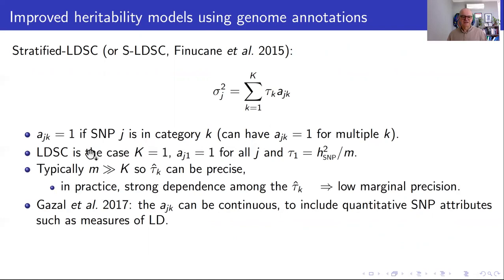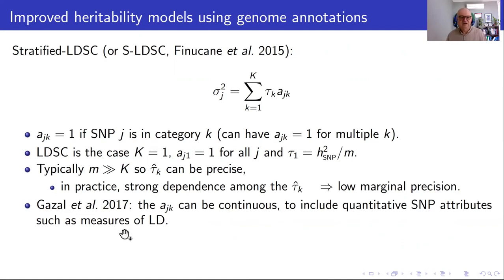And LD score is the original LD score is the special case of just one category, but now they allow many functional categories. It doesn't really matter how many in a sense, because we've got on the order of millions of SNPs. So we ought to be able to estimate these tau precisely because we have a lot of observations, but in practice, the marginal precision is not that great because of strong correlation among the tau,